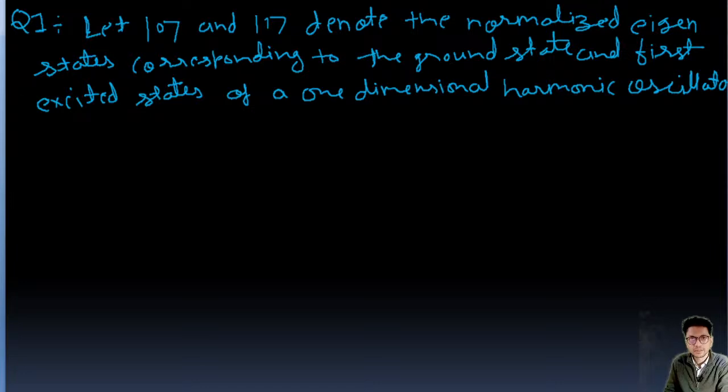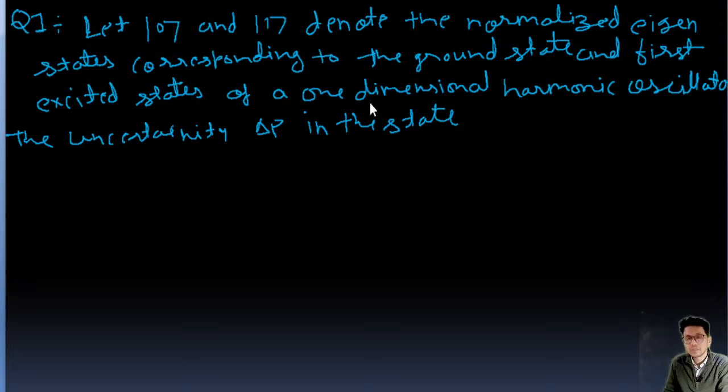The uncertainty delta p in the state 1 upon root 2 (|0> plus |1>) is